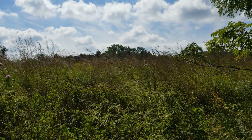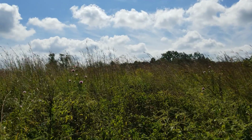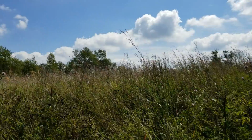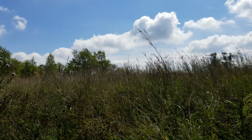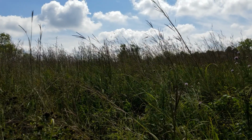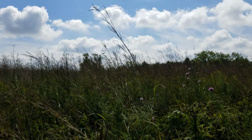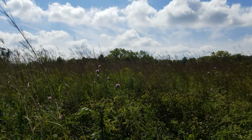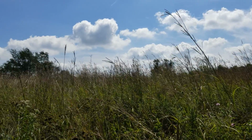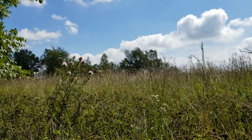Imagine you are a settler from the East Coast coming toward Illinois and Indiana. You leave the woods of the East Coast and come to a sea of grass. The predominant species that you would have seen would have been big bluestem in this part of the country, and that's here, well over 7 or 8 feet. Interesting thing about prairie plants is their roots go down into the earth even longer than the plant goes up